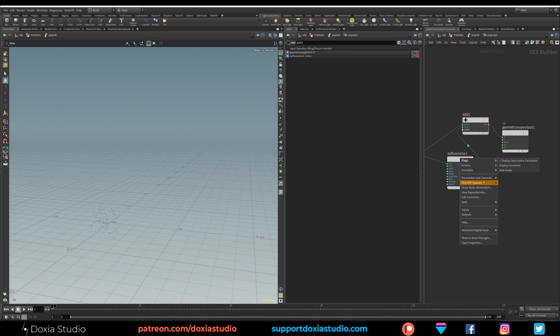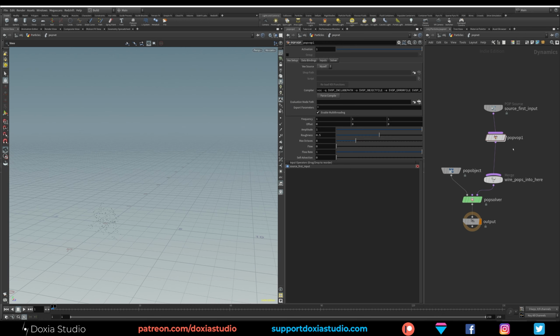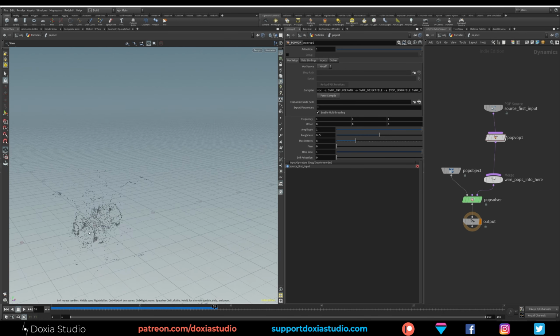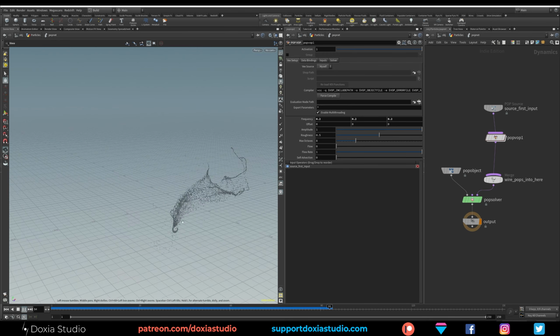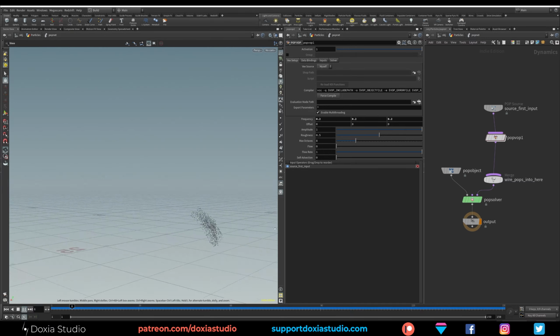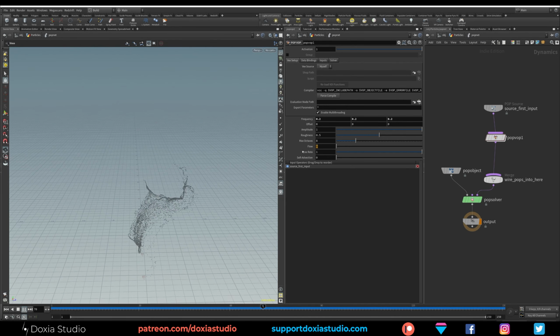Let's right click and promote input parameters so we can work outside. Let's see how it goes. Pretty cool, but let's go with less frequency, a bigger noise. Okay, that is cool. Let's add a little bit of flow and self-advect 5.